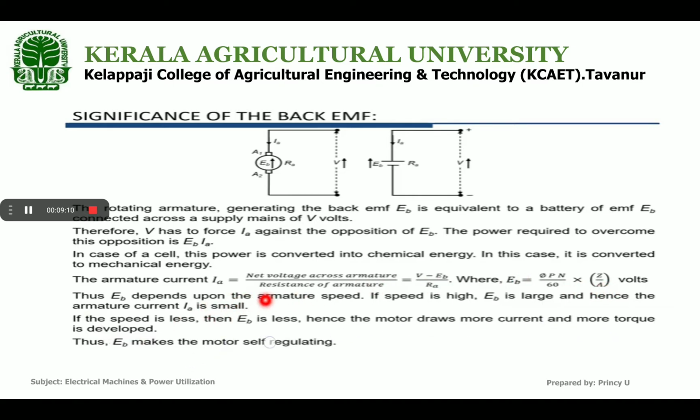Thus, from this equation you know that back EMF depends on armature speed N. And if the speed is high, what happens? EB also becomes high, and hence the armature current IA becomes small, because if the value of EB increases, V minus EB decreases, so IA decreases. So when speed is high, EB becomes high and armature current becomes reduced. And if the speed is less,